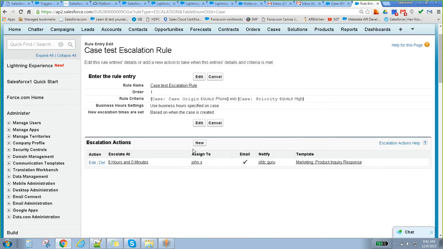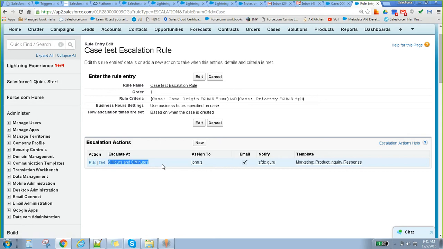Another important thing is, now we created an escalation action, right? Here I can create one more action. Like if you do not assign within 6 hours, assign to this guy. If it is not resolved within 7 hours, then assign to some other guy, and so on. Not only one escalation action, we can put many escalation actions. But two escalation actions should not have the same age over time. If I am creating another entry with the same hours, it won't accept, because it is a conflict.